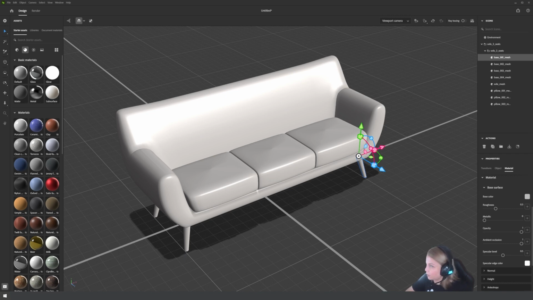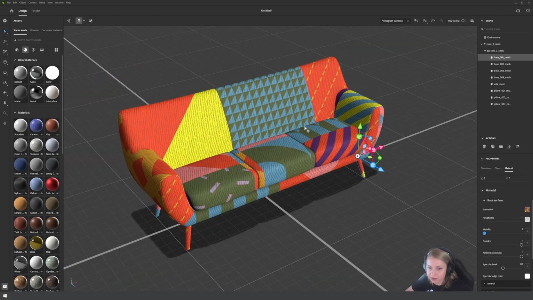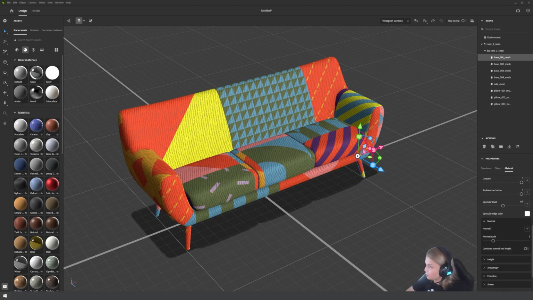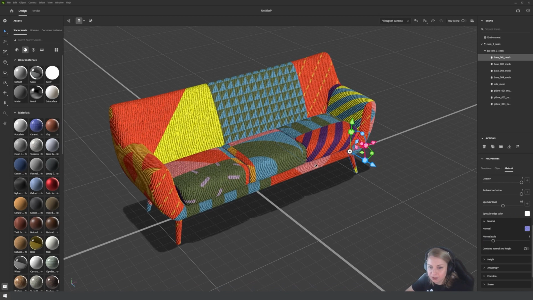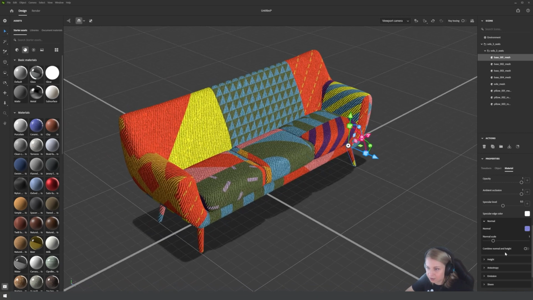So base material, drag and drop. A base color, sorry. The next one is metallic. We don't have metallic, so I just leave it blank because I don't want it to be metallic. We have a roughness map. Let's see how it turned out. Yeah, nice and rough. And we have a normal map, which is going to give us hopefully a little bit more texture feeling, like a fabric feeling. Yep, and there we go. So now you can already see how it looks.